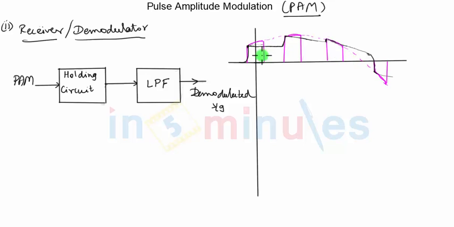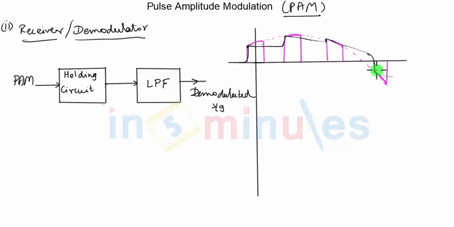So two pulses will be very close to each other, and the width of every pulse will also be very small. In that case, the discharging period is very small. By the time the capacitor discharges even by a small amount, there will be a new pulse, and the capacitor voltage will change according to the amplitude of that new pulse, and hence it will very much follow the locus of the